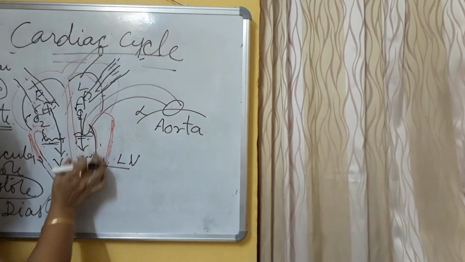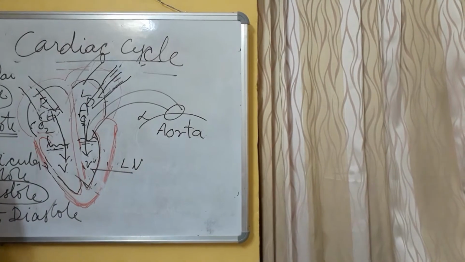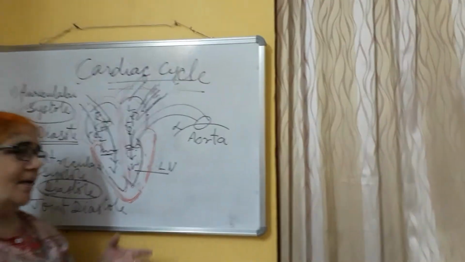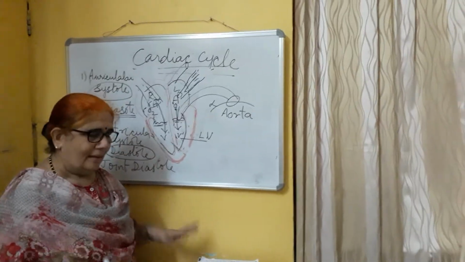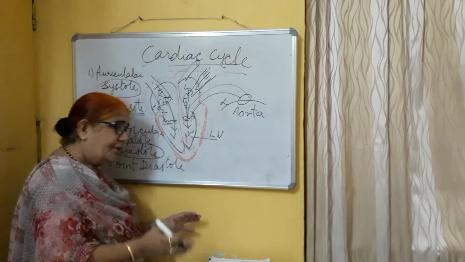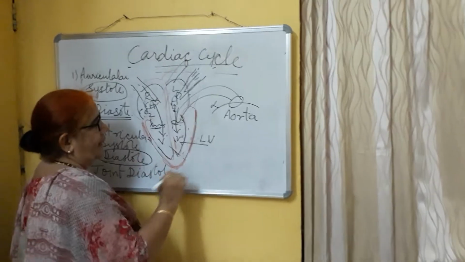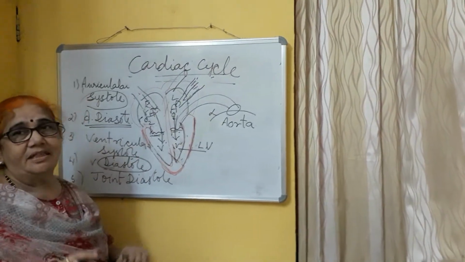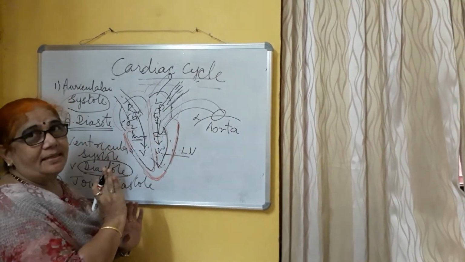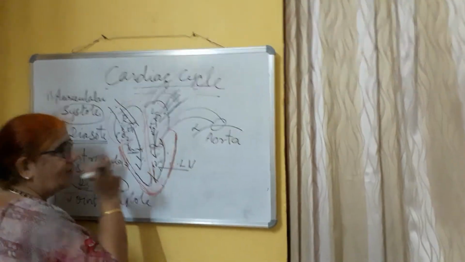From the aorta, with the same jerk, it will immediately go to each and every cell and tissue of the body. So it is a continuous process. It is not that for 1 minute I do systolic condition and then take half an hour of rest. It is a continuous process of systole and diastole till the last end of our life. There is no relaxation for this muscle.